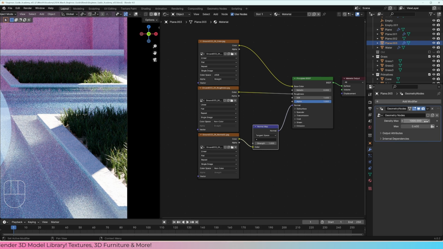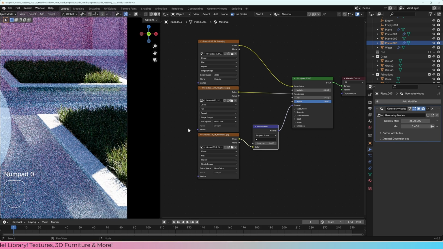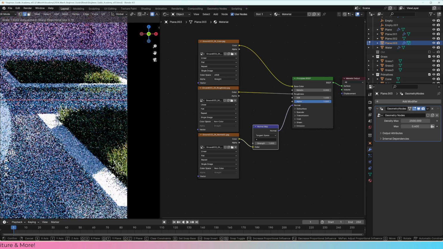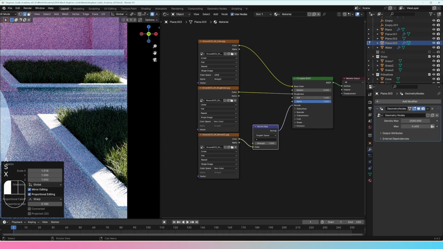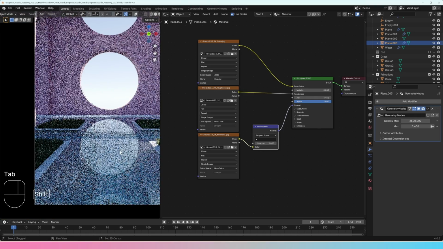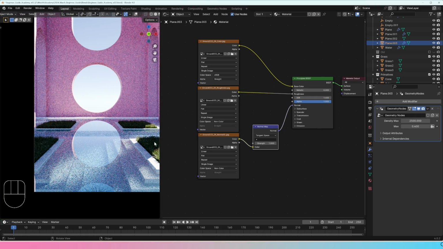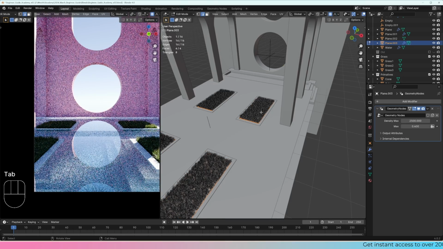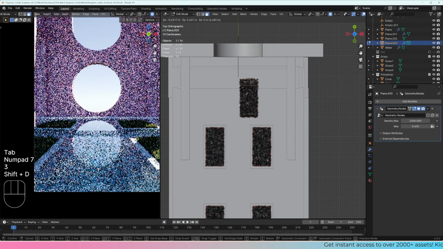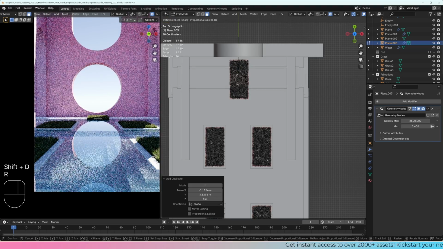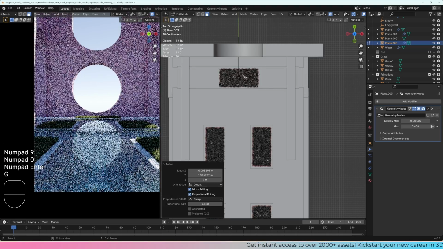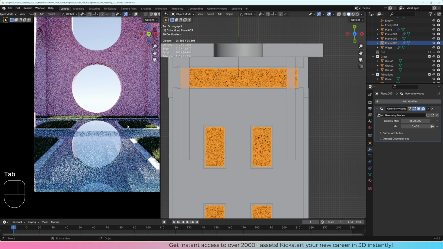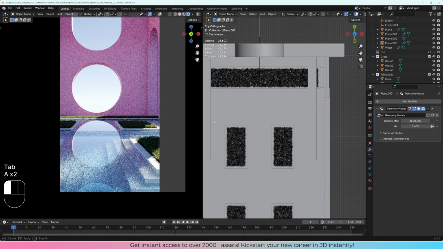Actually, I want to add a bit more density to this grass, and something like that should be fine. Let's actually scale these out a little bit more, get these a bit closer to the edge. Right, that should be fine. And then the last thing I want to do is also now make a plane for the back box as well. So let's just select this plane, Shift D to duplicate, R to rotate 90 degrees, and then I'm just going to scale this out on the x-axis. There we go. Now we have some geometry nodes grass,